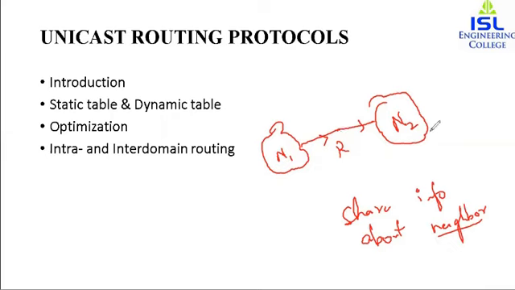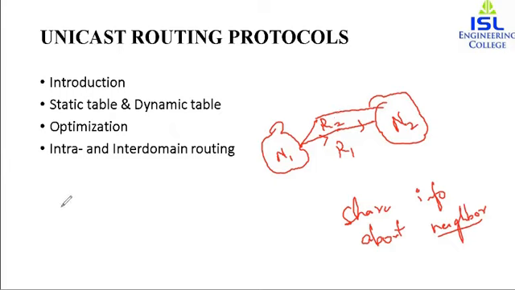Suppose N1 and N2 may be connected by another router R2 also. There are multiple routers in between them. So N1 will wonder to which router it should pass the packet so that the packet reaches N2. How will it decide, or what will the decision be made on? The decision will be made on optimization. Optimization is basically which one of the routes is the better choice to send the packet. First, it will check how many paths are available. Then it will check what we mean by optimization.